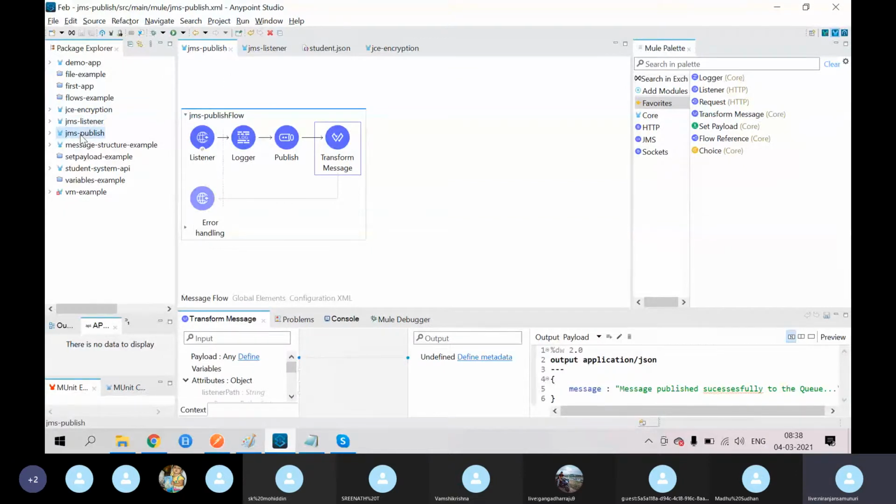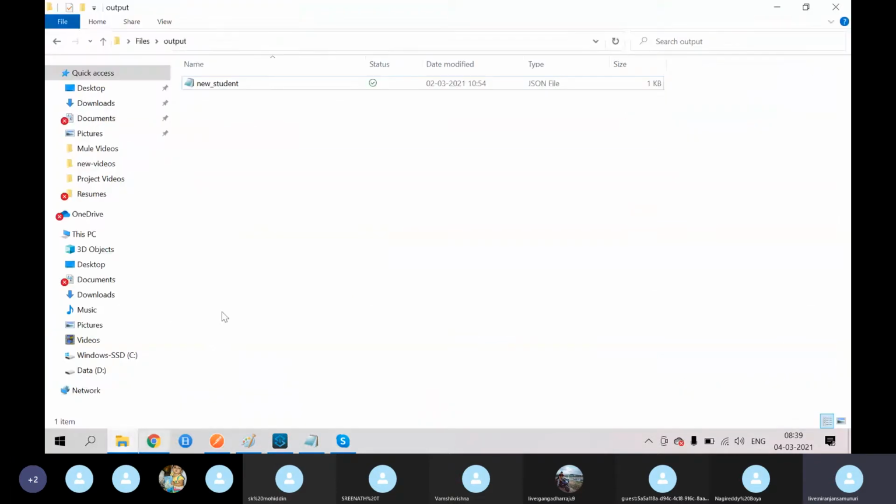The name represents that it is going to publish some data. To where are we publishing our data? To queues. Here we are using the queue mechanism. By using JMS publish, we are going to publish our data to a particular queue. That queue is maintained on an external server. Presently we are using the ActiveMQ server, so we need to run that server first.